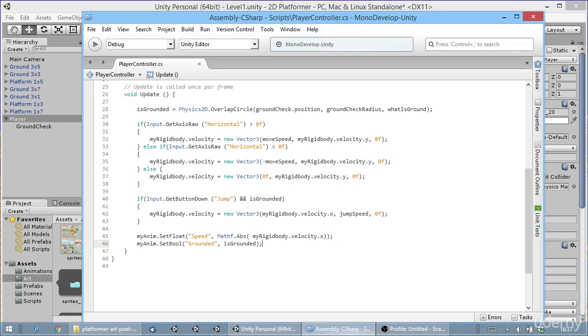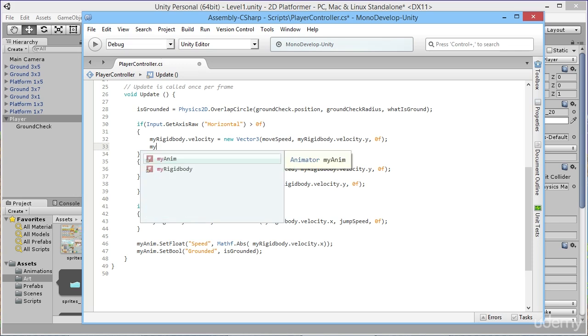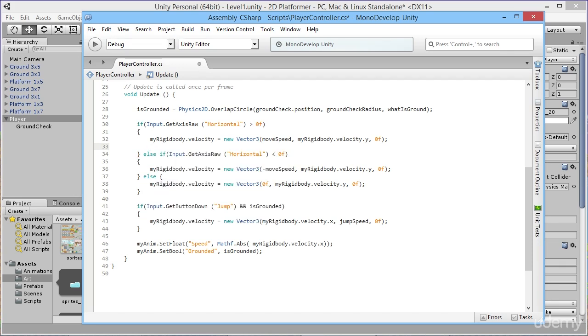So if we go into our script here, we know that we're only going to change which direction we're facing based off whether we input moving left and right. So now we can just use that to set the scale of the player and control whether he's facing left or right. So in this first one here, where we're moving to the right, we know that we want our player to be facing to the right, and by default our player already is facing to the right. So we want to make sure that if we just say transform